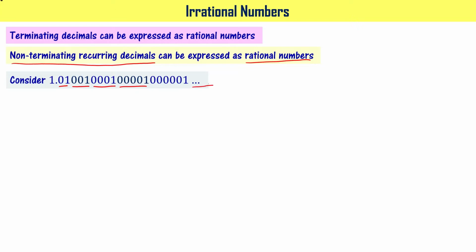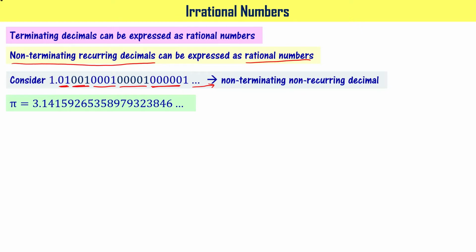But one can write as many zeros as possible and then 1. For example, here I have written 5 zeros and 1. The next option would be 6 zeros and 1, then 7 zeros and 1, then 8 zeros and 1. It goes on. Even you can write 1 crore zeros, then you put 1. It means this number is non-terminating, right? So let's say that this is a non-terminating and non-recurring decimal, meaning it is not terminating. At the same time, these are not repeating. Got it?